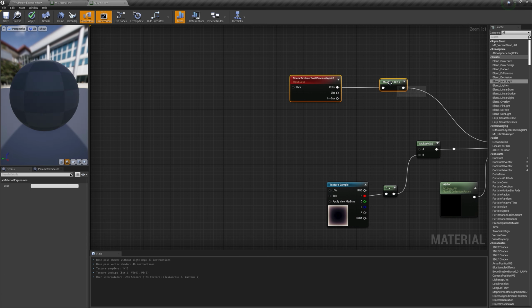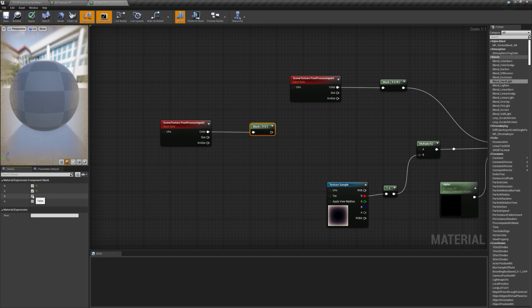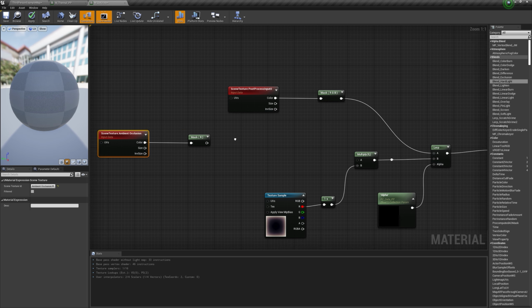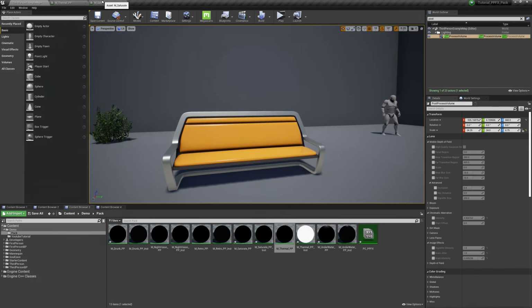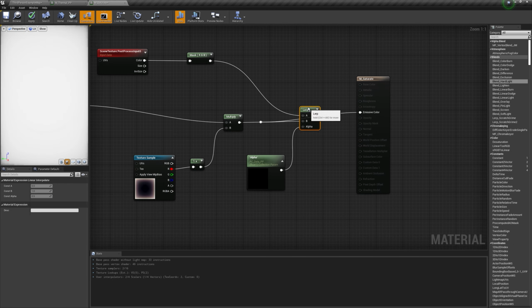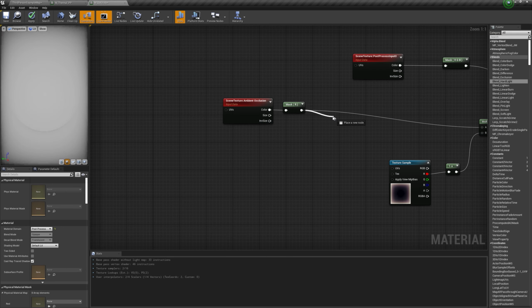Now duplicate this and only take the R value and change this to ambient occlusion, this one, and now just connect this to the multiply, and here I will just connect this directly without the alpha and click apply. So we get something like this with the ambient occlusion, and now we need to power this. So get a power node,